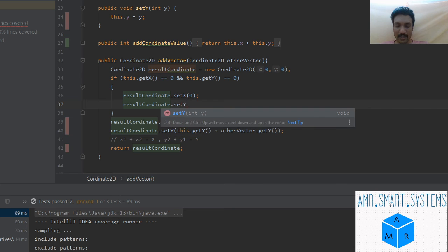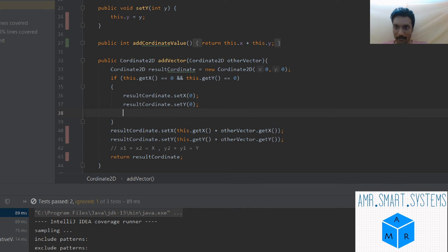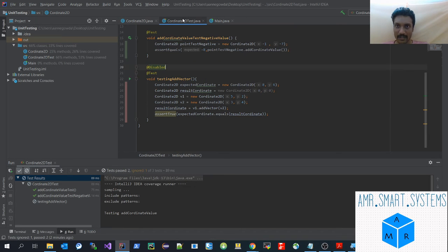So this is just an example to show you that some of the coverage can be missed. It means we are not validating this condition, so there will be a problem. So let's return from here, return result coordinate. Maybe this code requires a little cleanup. So let's now run the coverage.